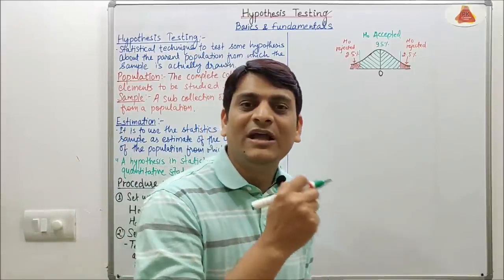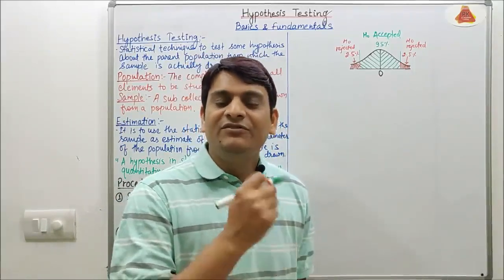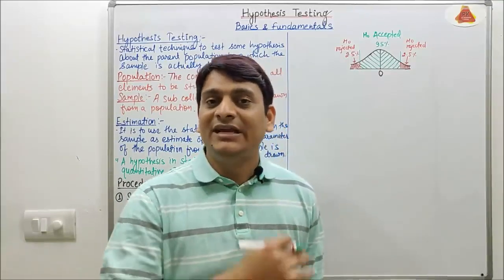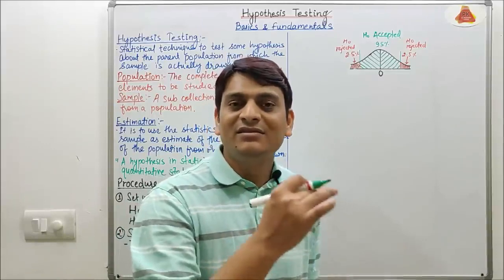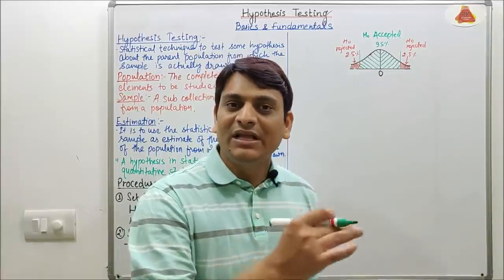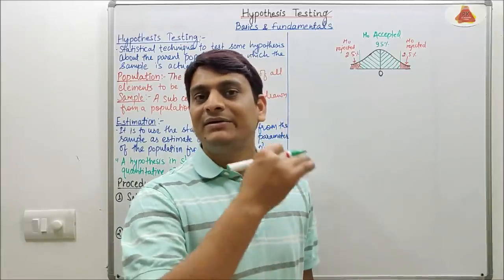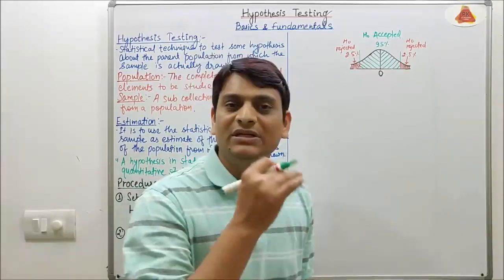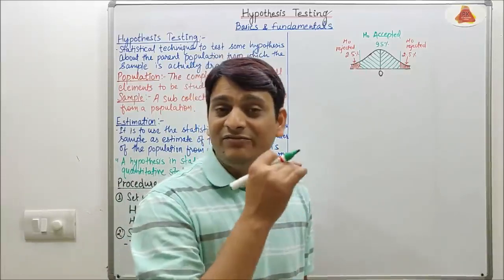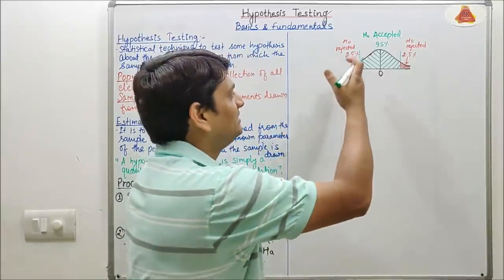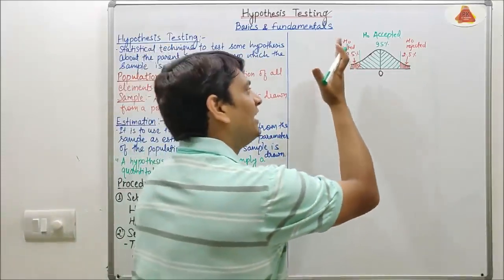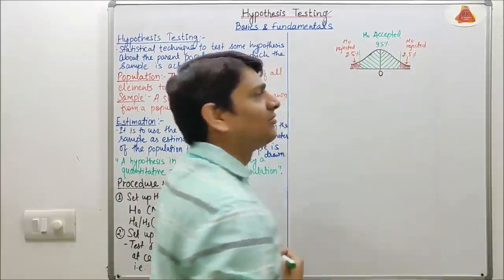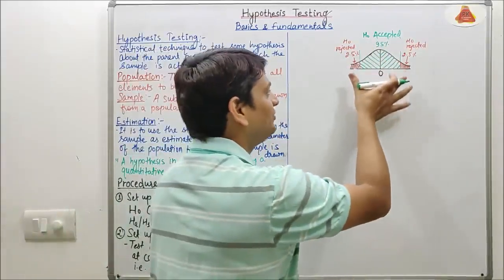Now what is the meaning of this 5% level of significance? It means we are taking a wrong decision 5% of the time and a right decision 95% of the time. It means we are taking a risk of 5%, meaning on every 100 occasions we can make 5 wrong decisions. If we take a 1% level of significance, our decision will be 1% wrong. In this two-tailed test, 2.5% of decisions may be wrong on the left side and 2.5% on the right side. That is why it is known as a two-tailed test.